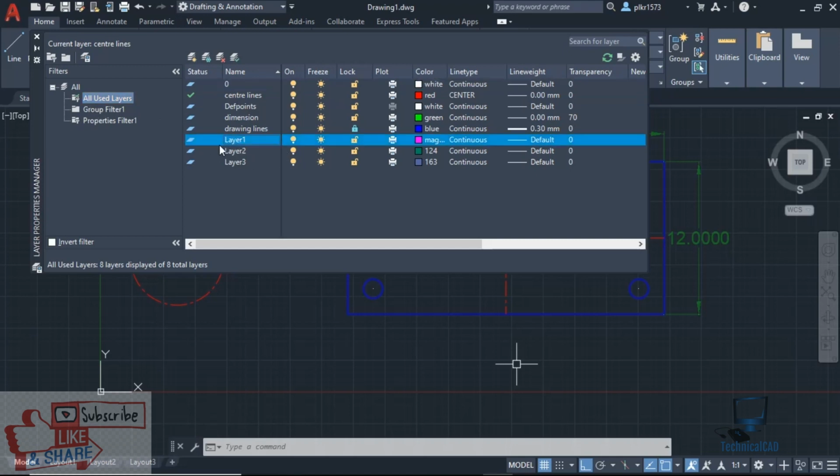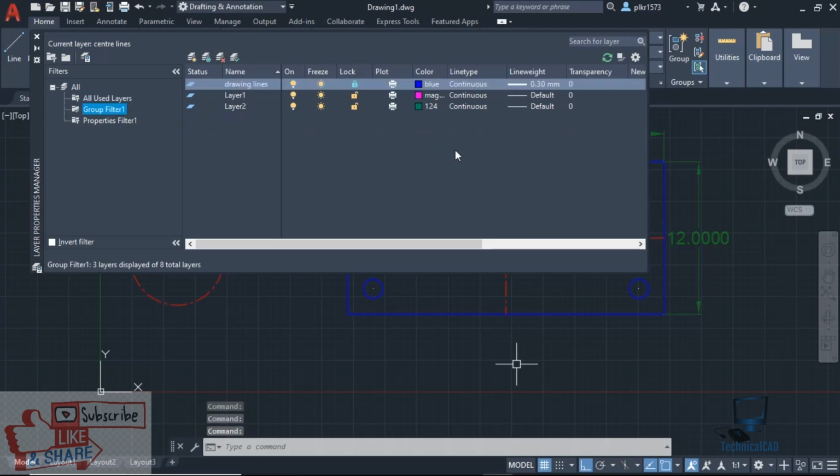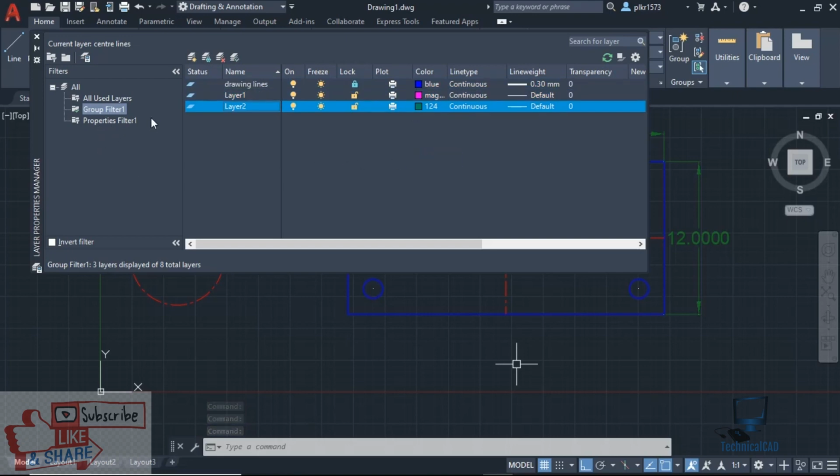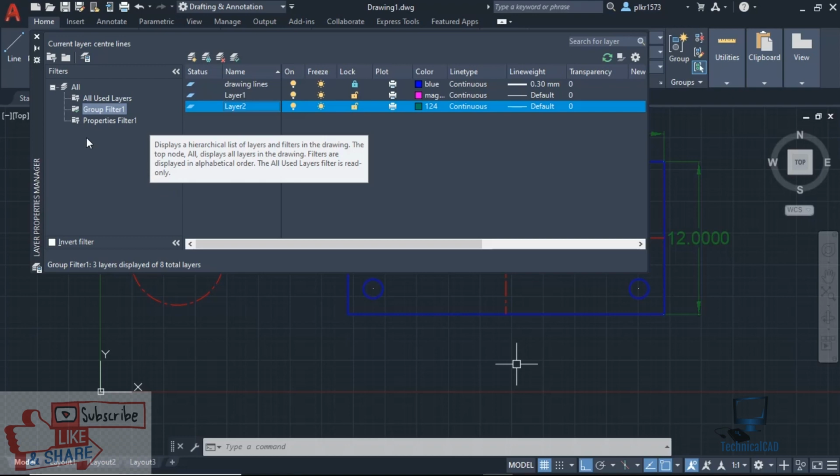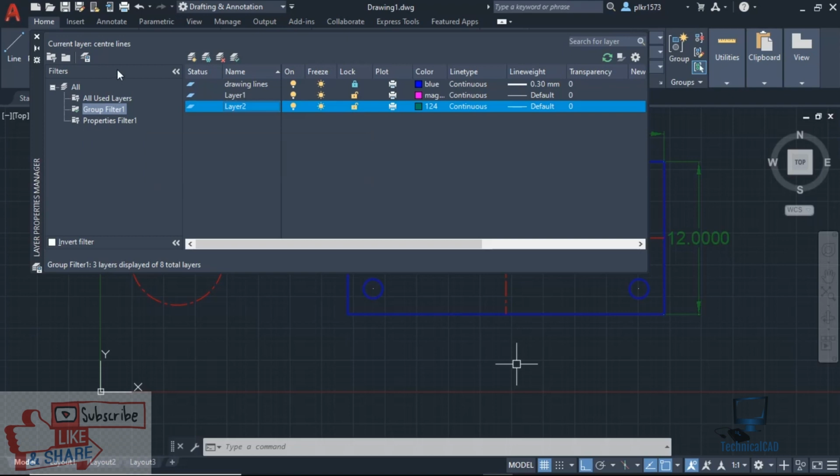I need layer 1, so just drag and place it in the group filter, layer 2, and the drawing lines, I need drawing lines, group filter. Now go for group filter. Whatever I have dragged has come into the group filter. That is the purpose of group filter. Properties filter is used for filtering layers using properties. Group filter is for when you don't know the properties.